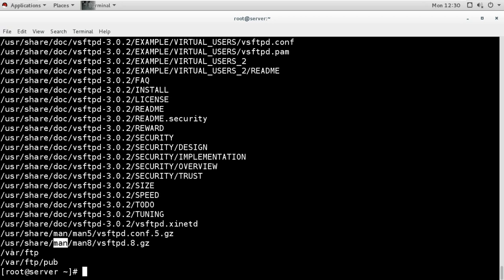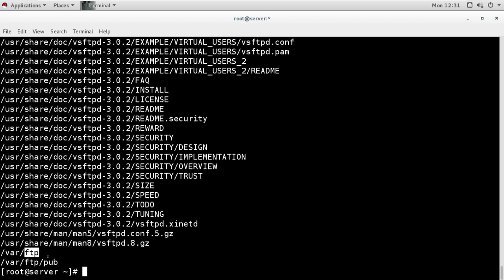Then it created one more directory under var. It created this ftp directory. Now this directory is the default database directory for the FTP server. That means if you want to store any file for the users, you can keep those files under this directory.